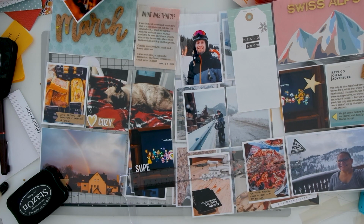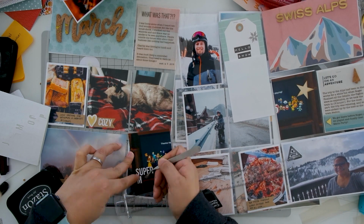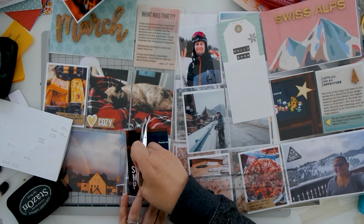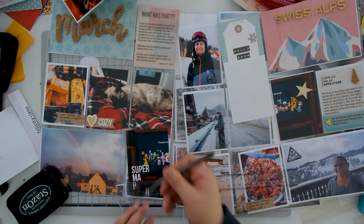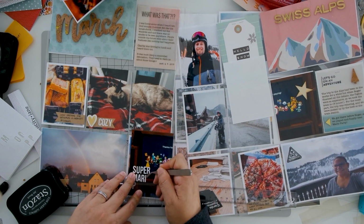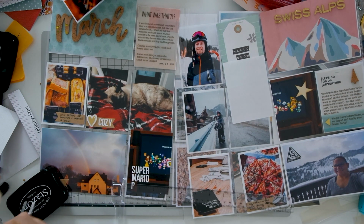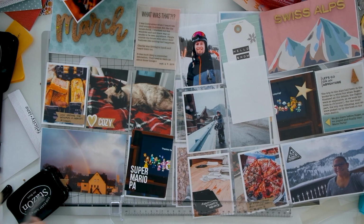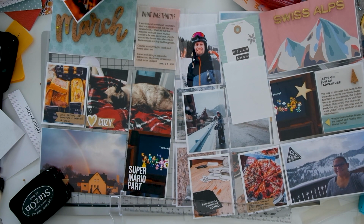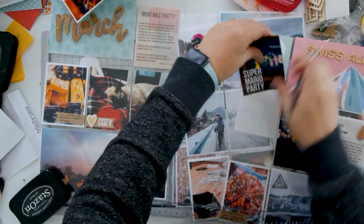But then when it came to the M and the P, I wanted to make sure that they fit before I actually went ahead and added all of those letters. So it fit, and it actually fit really nicely, that it kind of created a little bit of a block,